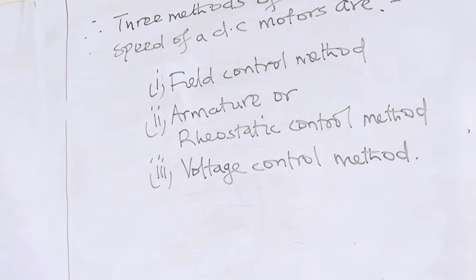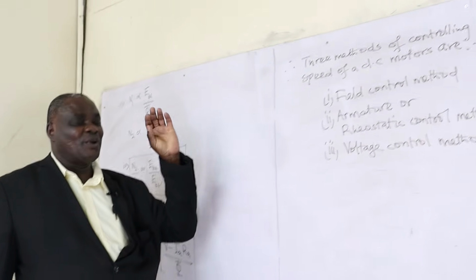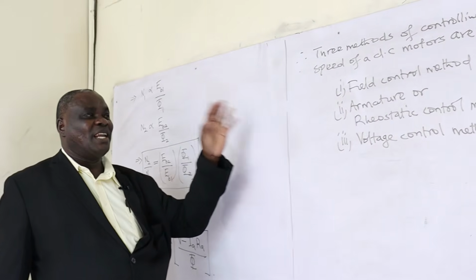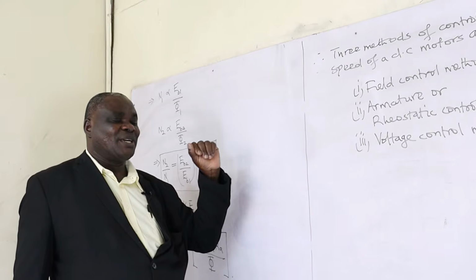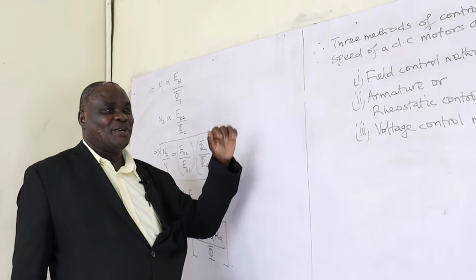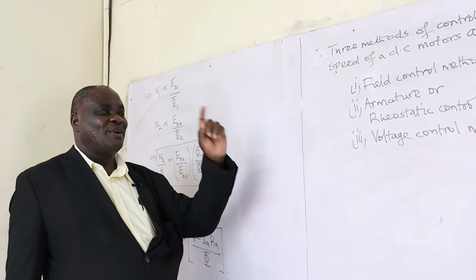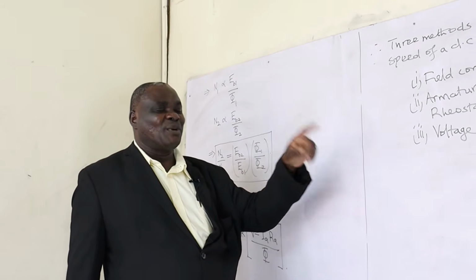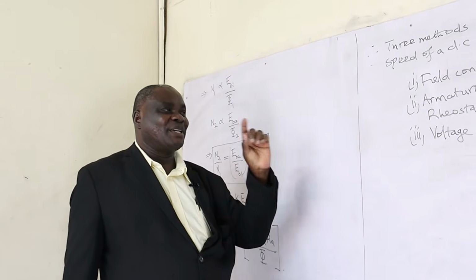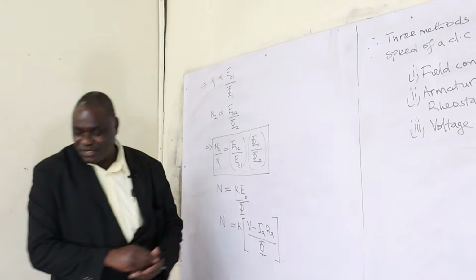So from these three methods, we would like to see how we can control the speed of various DC motors. We have the series motor and the shunt motor. How can we control the speed of a shunt motor or a series motor with field control method? So we now move to